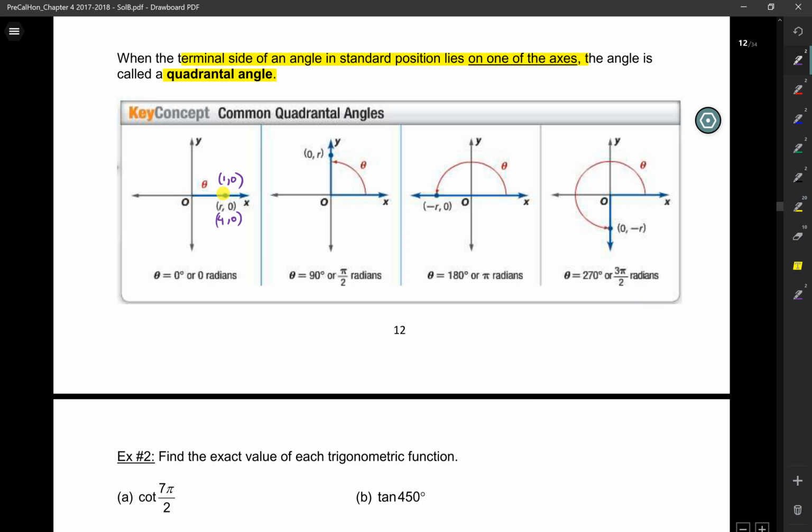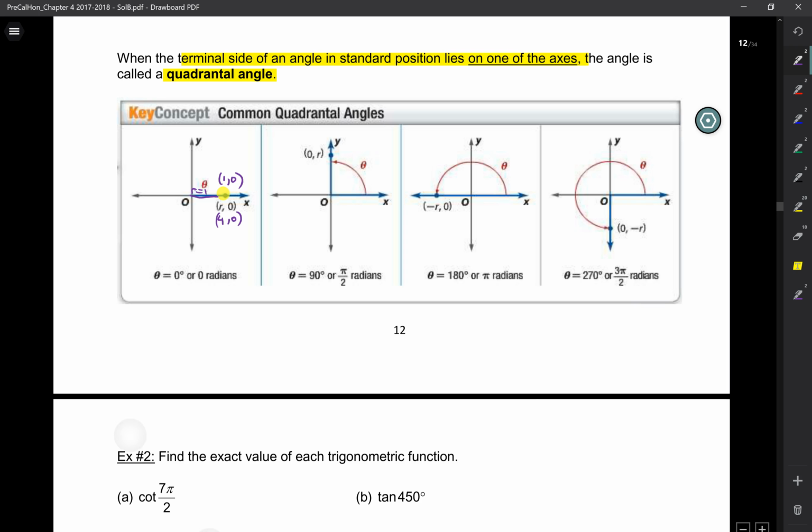1. So R is equal to 1. How much distance is there from the origin to that point? There's a distance of 1. Okay. Does R always equal the horizontal side in quadrantal angles? No, it could also equal the vertical side. It equals the length along the axis, yes. The distance along the axis. Okay, so now,